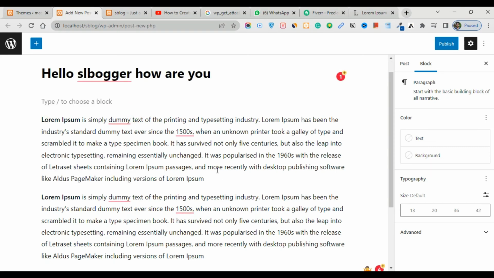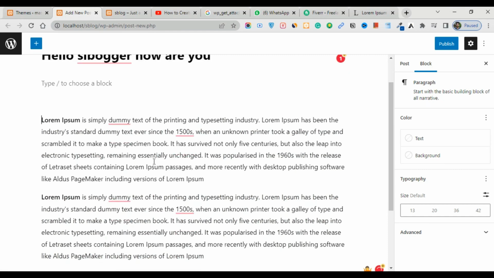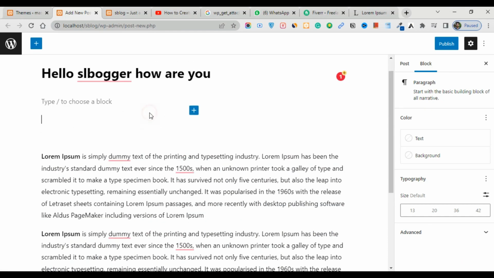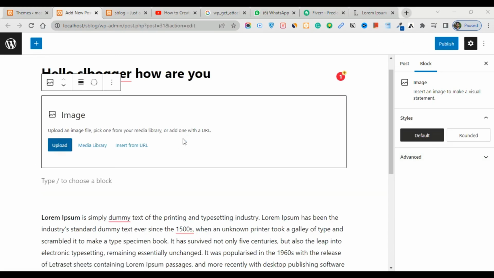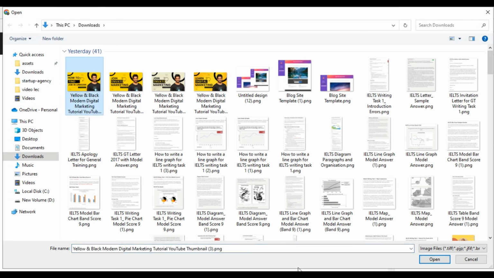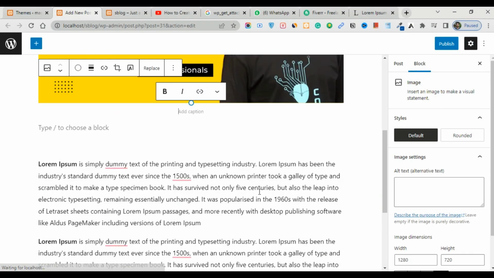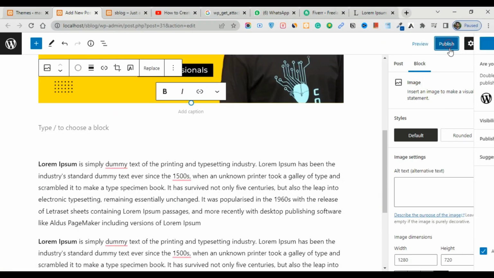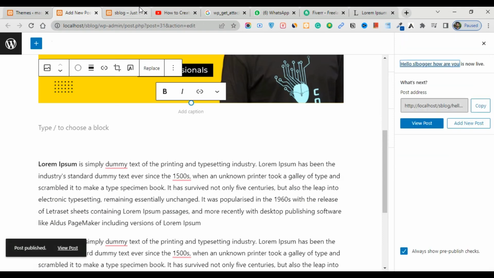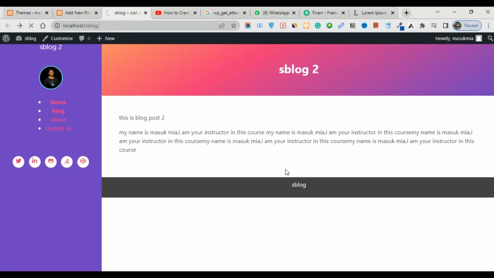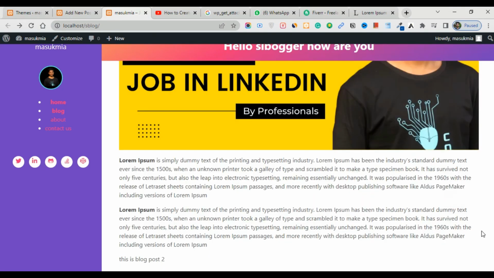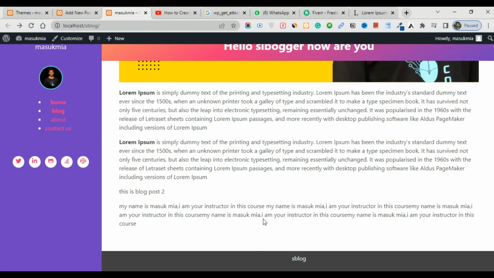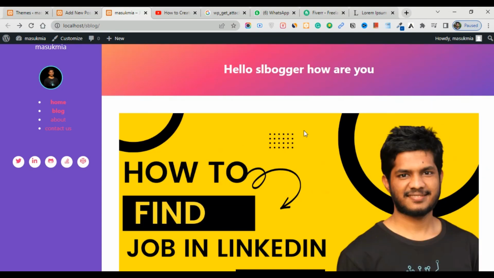I'm going to use these images and upload this as an image and publish it, then refresh your browser, and you will see that here is your blog post. Okay guys, so hopefully